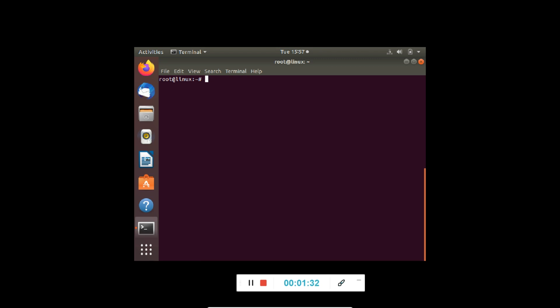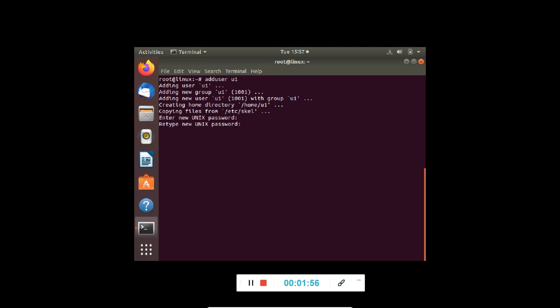Now after entering into this user, we'll use a command to add more users into our system. The command which we use is adduser and the name of the user. So adduser u1. It says adding user u1 and it asks for a password.